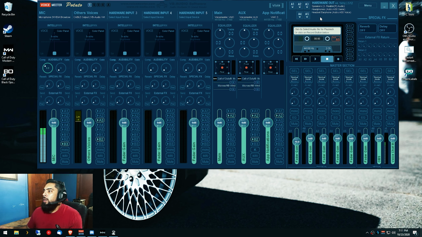These 5 here, these are your hardware output selections. So this is where you select any of the physical devices that you have hooked up to your computer that are made to output sound and audio. And then down here in this section, the B1, B2, and B3, these are the virtual outputs. Okay, so with that being said,